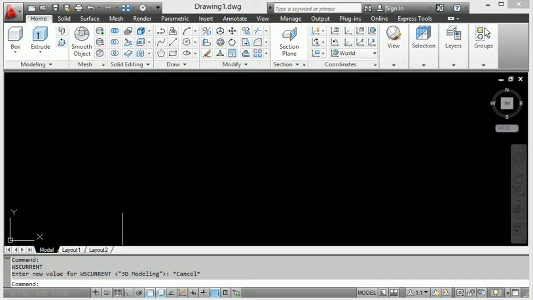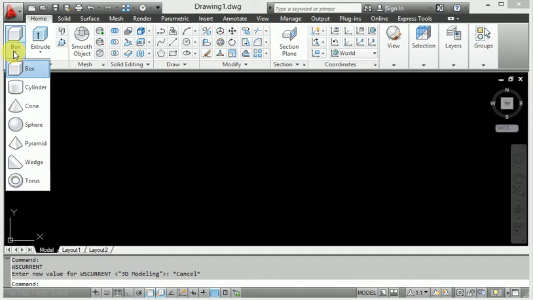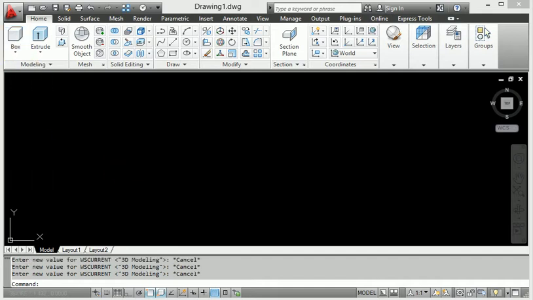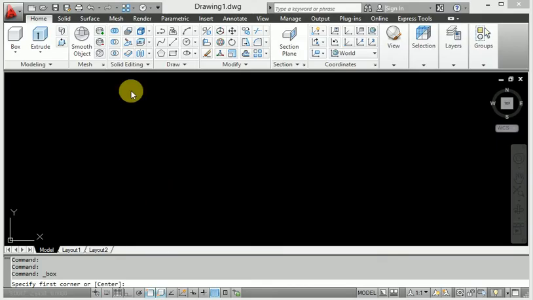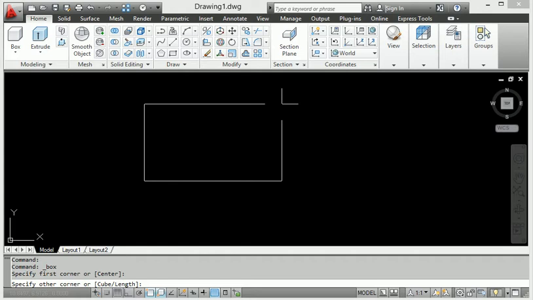First of all, I create an extruded box here. When I select this box, I will go to create a rectangle for the top view.